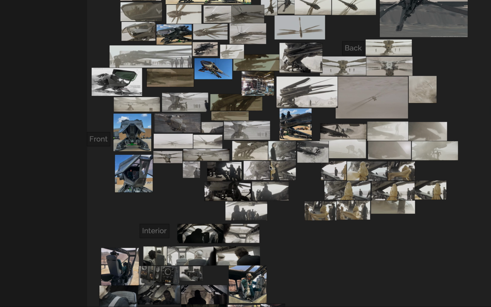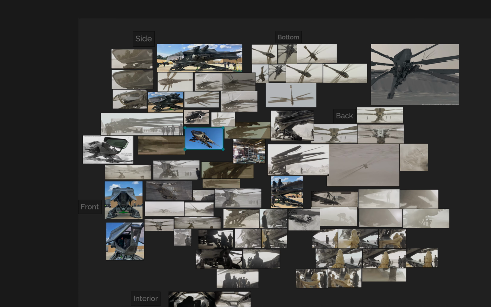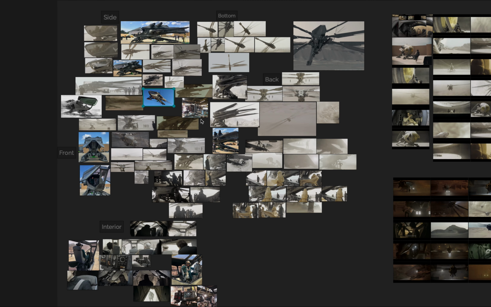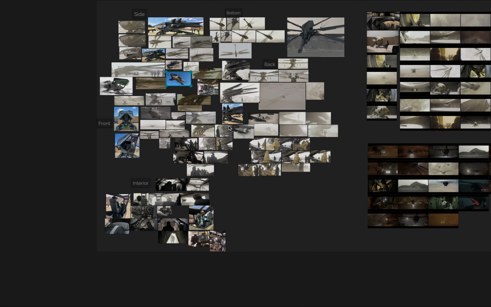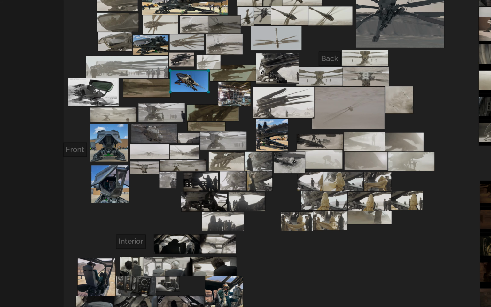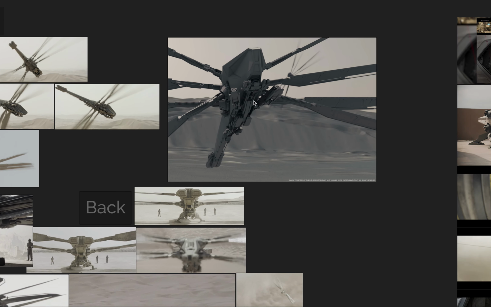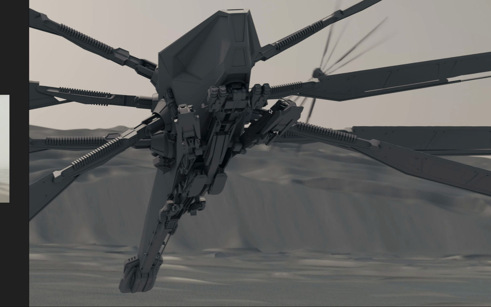And then I used this PureRef software to place all the screenshots and group them loosely in some groups. And this is all for the 8-winged machine. There is also a 4-winged machine and a 6-winged machine in the movie. This is the Harkonnen, as I like to call it, like a Finnish last name. Anyway, and then I also went on the internet and found a bunch of cool images, like this one from one